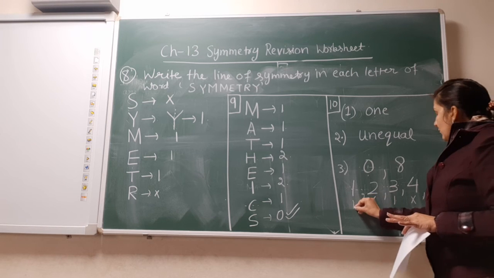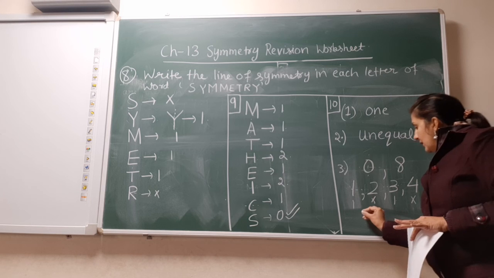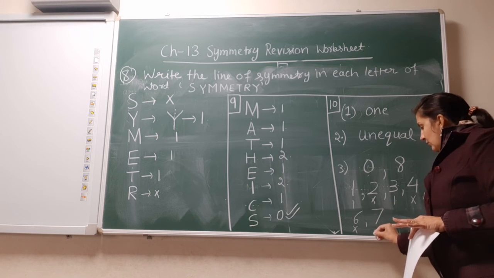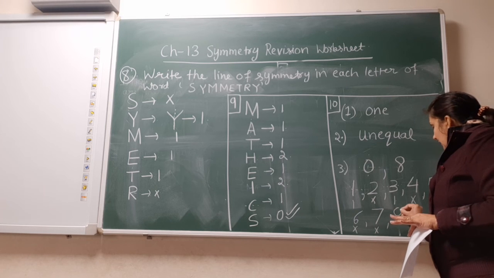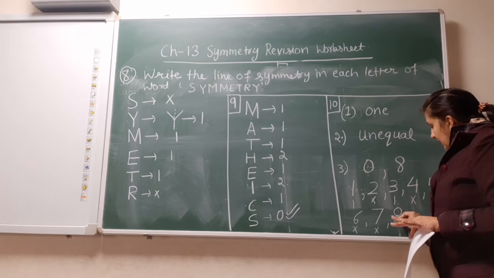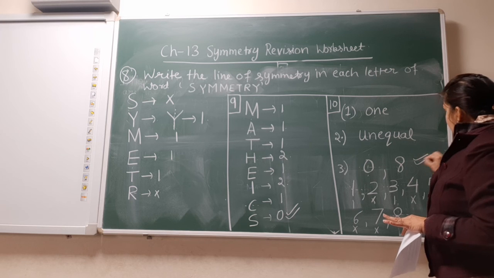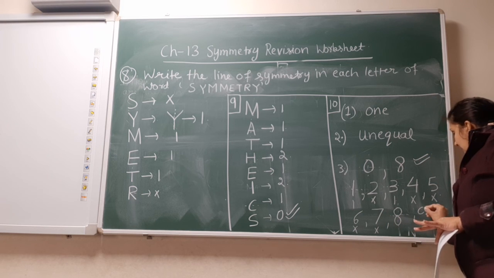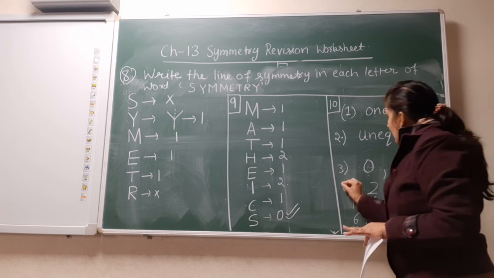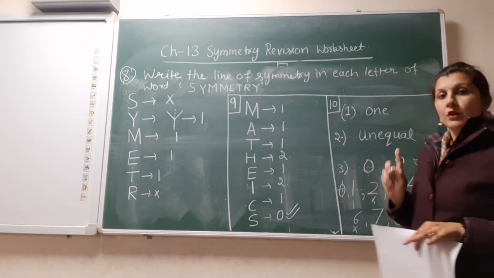It has one. And 5. 5 also has no line of symmetry. 6 has no line of symmetry. Now comes 7. 7 has no line of symmetry. Now comes 8. 8 has this vertically and horizontally. Both have a line of symmetry. So it has 2 lines of symmetry. 0 and 8, this is our answer. Now the last one is 9. 9 has no line of symmetry. So only 0, this also and this also, and 8 have 2 lines of symmetry.